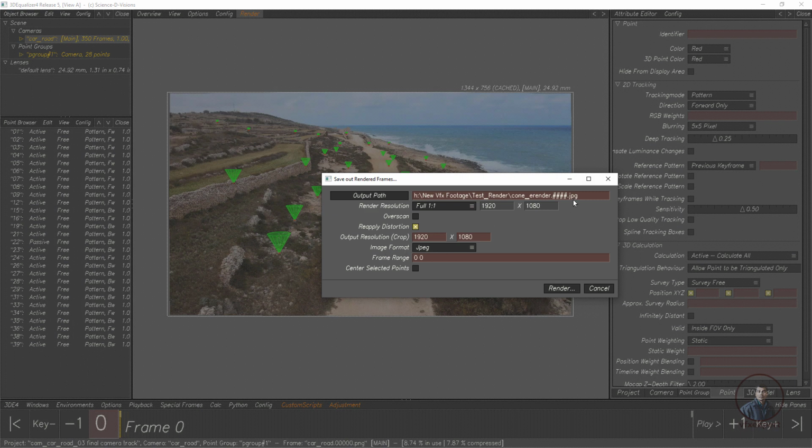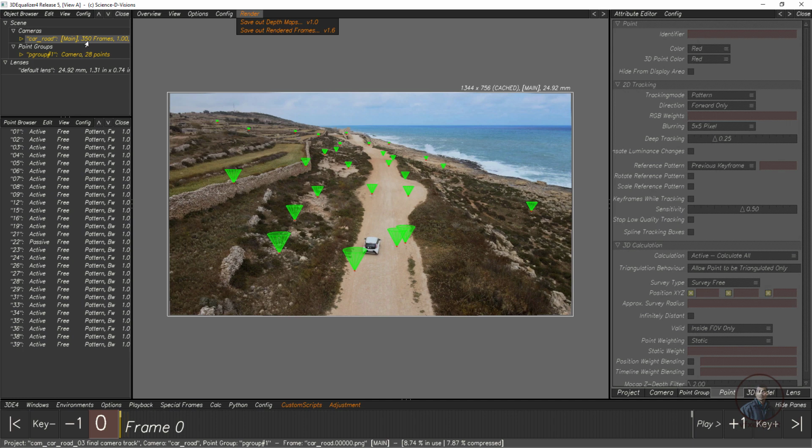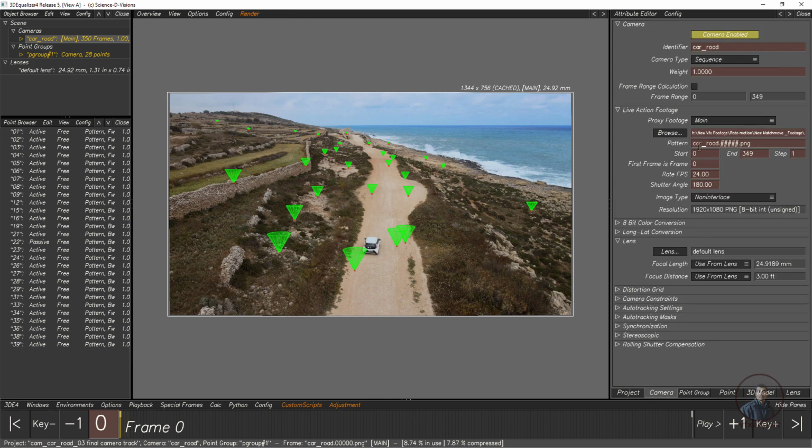Then in image format, because I have already defined this one, this will automatically be taken here. You can even select the same thing from here, whatever we have defined. Then this frame range is again an important thing here. This is your starting frame and this is your end frame, from where to where you want to render. If you are not getting your exact frame range here, then you can also define it. For this, if you want to check your exact frame range, you can cancel and select this camera here. In this camera you will get the exact frame range, which starts from 0 to 349. So we have to define the same value here.